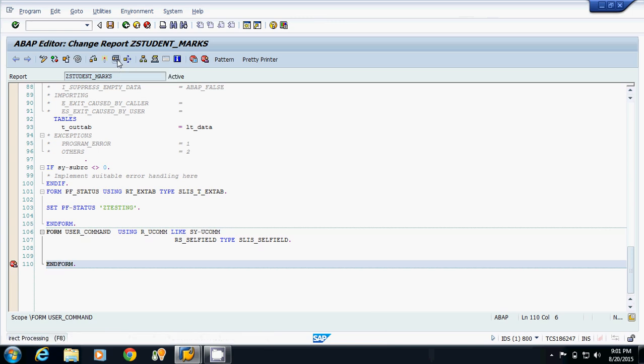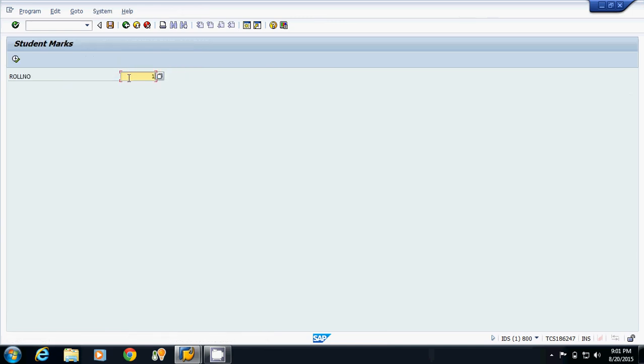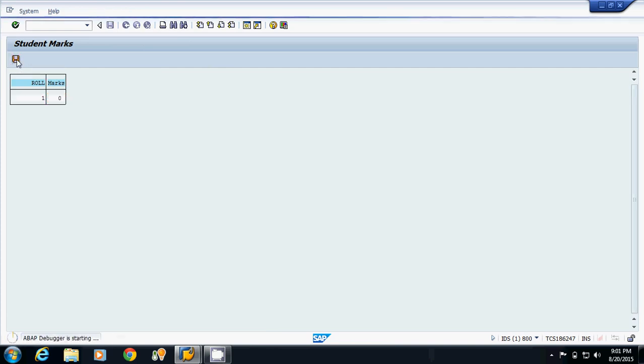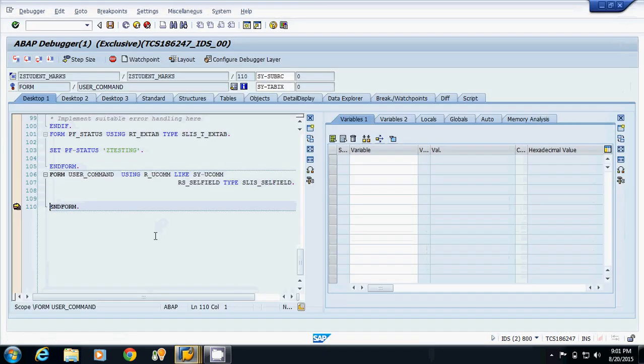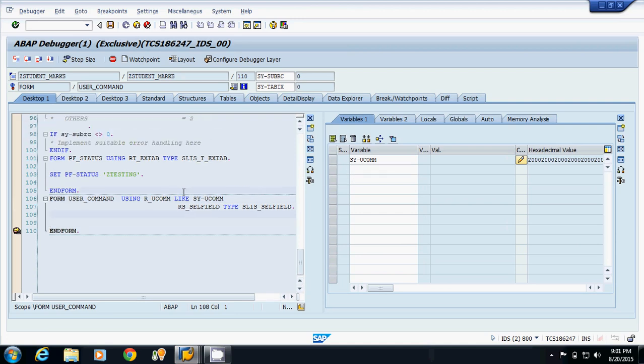I will click on the execute button. Suppose my roll number is 1. If I execute this and click on the save button, see, our perform user command is called. Now if I check the value of r_ucomm, what is the value in this case, because I have clicked on the save button?